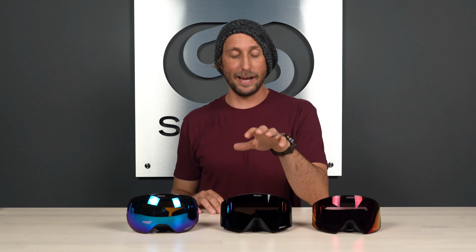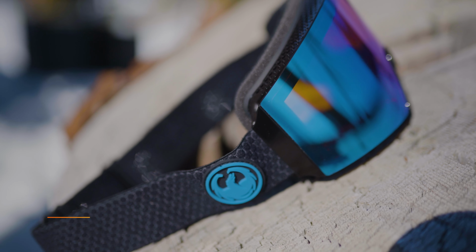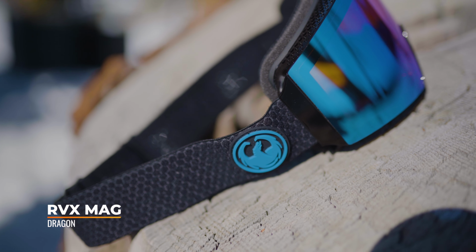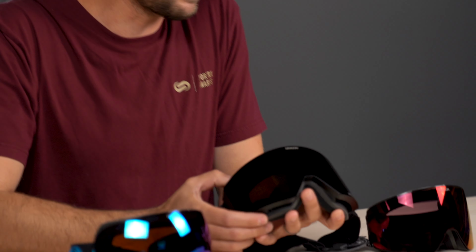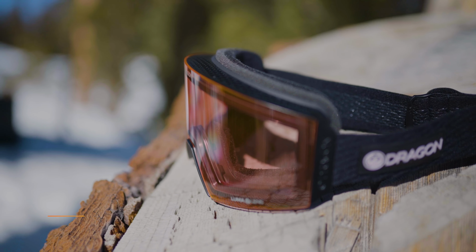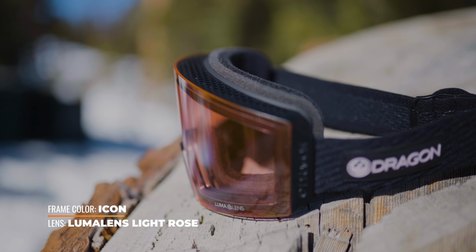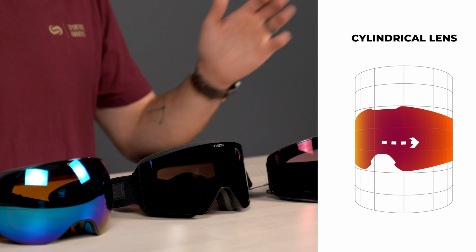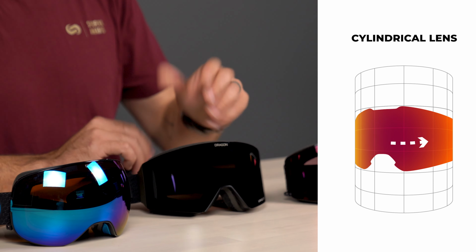Next up, we have the RVX MAG, which is OTG compatible, but as we already mentioned, you don't need to worry about that because you've got SportRx prescription inserts, so you could skip over that portion of it. But what I really love about the RVX MAG is it's very similar in shape and style to the PXV2. It's a little bit smaller top down in terms of its overall depth, but still delivers amazing range, top down,